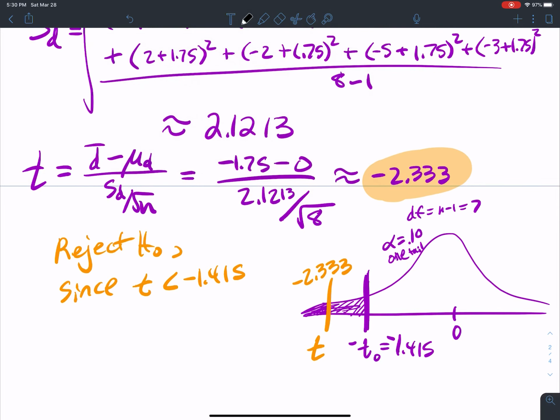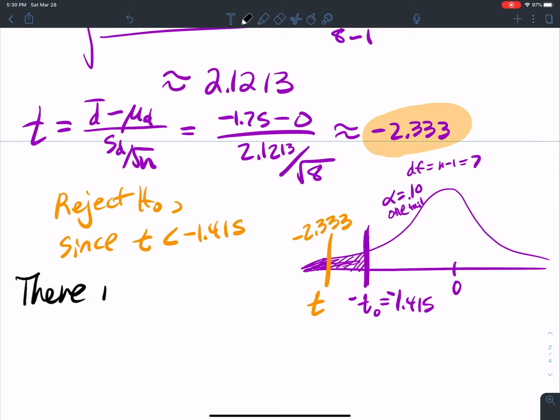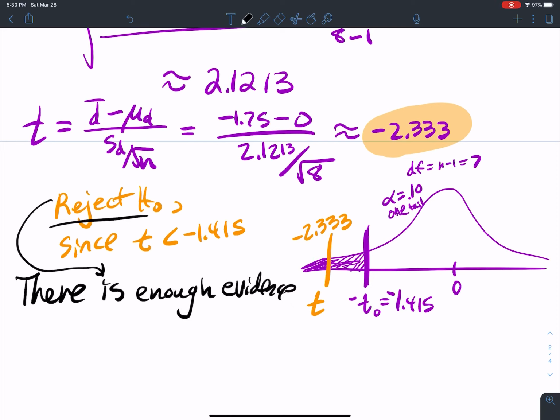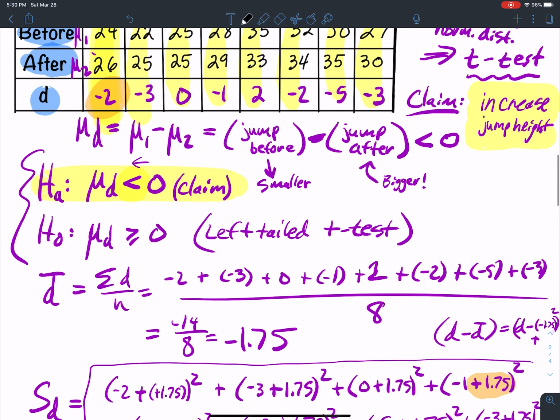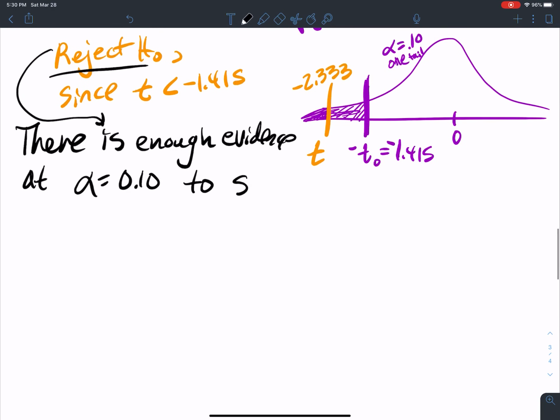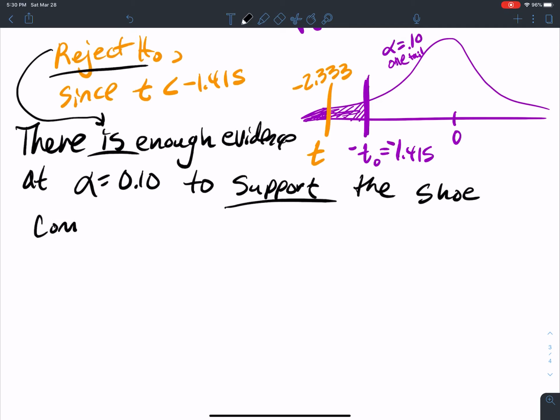And what does this tell me? It says there is, why do I say there is? Because I have reject. There is enough evidence at alpha equal to 0.10, so that's a 10% level of significance, to, now do I support or reject? Okay, my claim is the H a, so I'm going to support. Only thing I do with the H naught is reject. So support the shoe company's claim